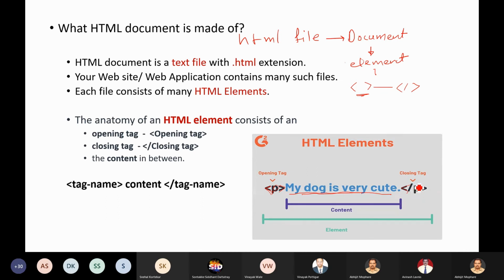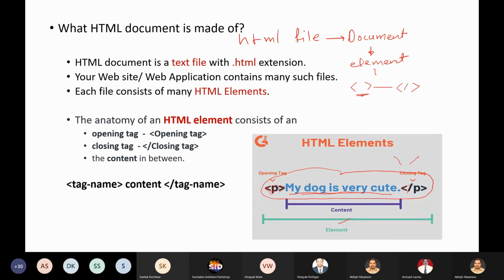Okay, backward slash, right? This is a backward slash. Forward slash leans forward, and backward slash leans backward, right? So this is the backward slash, correct? So these three together form the HTML element, as you can see, right?